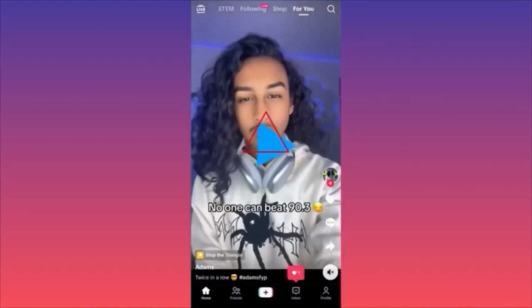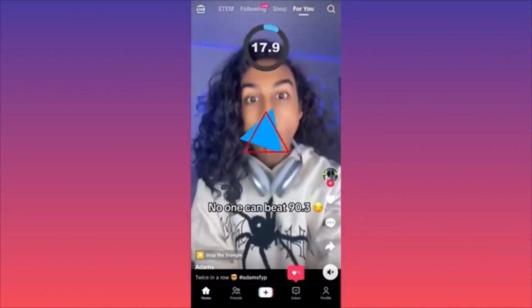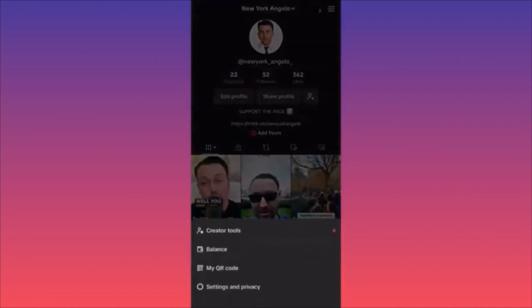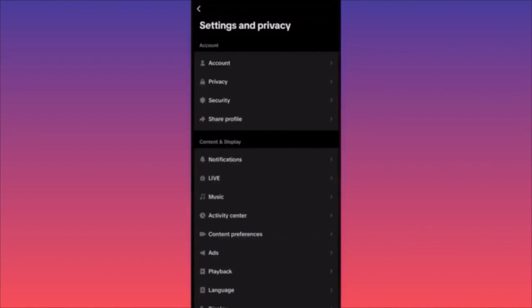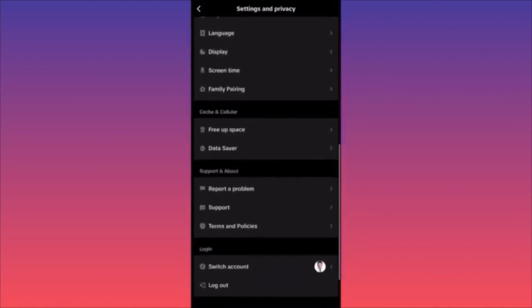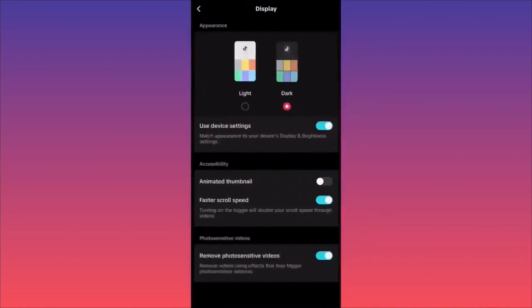Then you want to click on the lower right corner where it says your profile. You click on your profile, and then you want to head to the top and click on the three straight lines. Then you want to head towards settings and privacy, the last option. Now you want to slowly scroll down to the display section over here. You want to click on display, and here you can